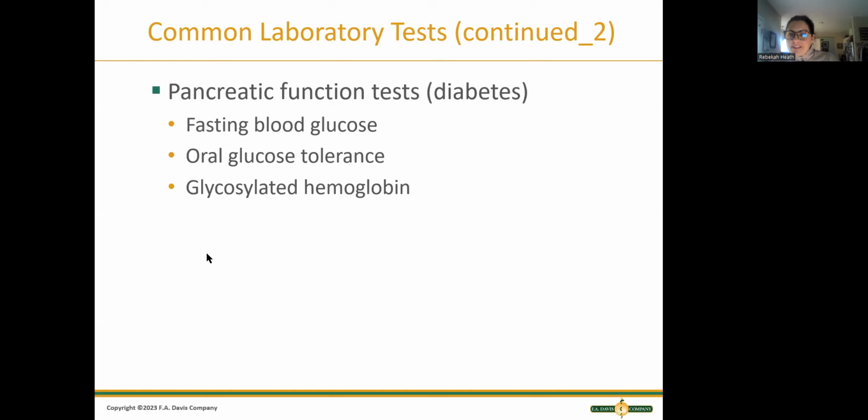For pancreatic dysfunction, we would want to get a fasting glucose level. There's also a glucose tolerance test, meaning, like we talked about, somebody eating their candy, and then their blood sugar is going to go up a little bit, right? We expect that. But our pancreas should produce insulin that would bring that blood sugar back down. A lot of pregnant ladies have to have this test done later in the pregnancy to check for pregnancy-induced diabetes. And usually you have somebody fasting, they don't eat or drink, and then you